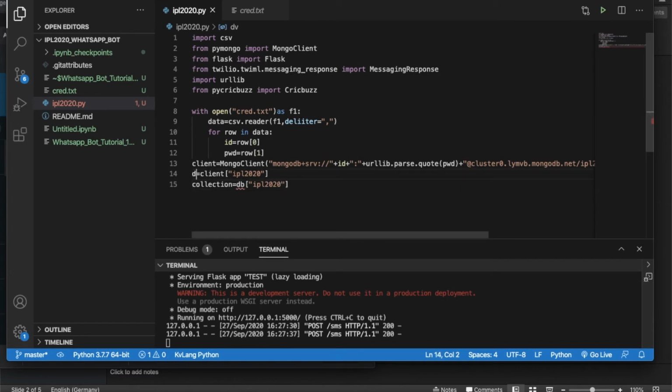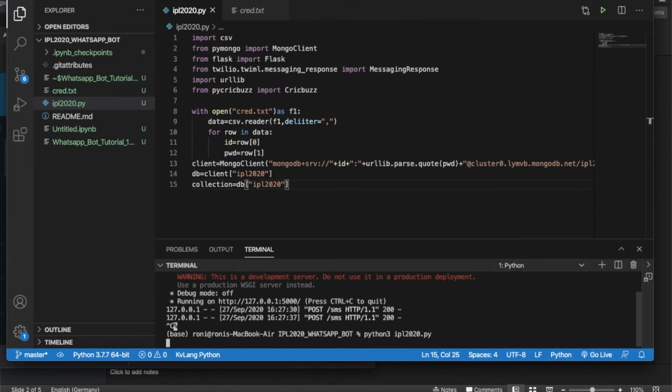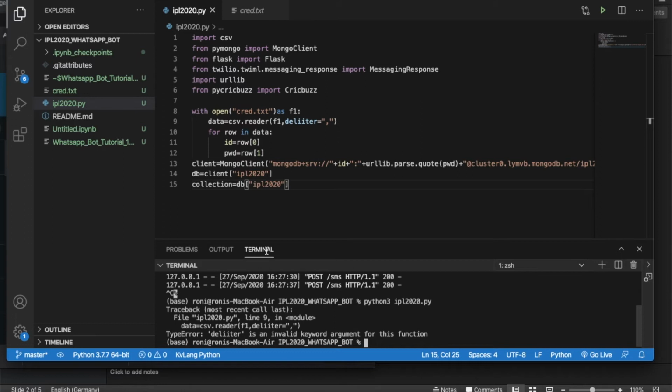Control C, like this. Let me change the file name to IPL 2020.py, daily meter. I always make typos, it's normal.